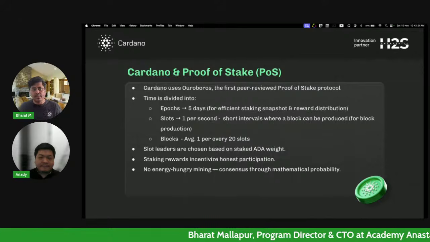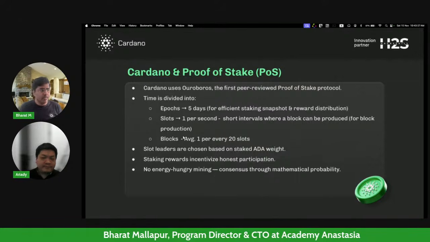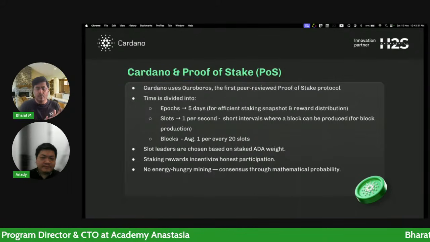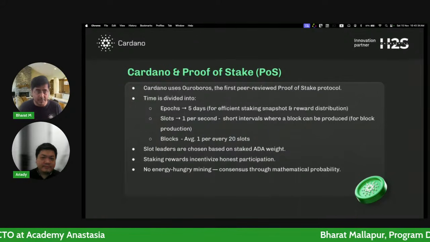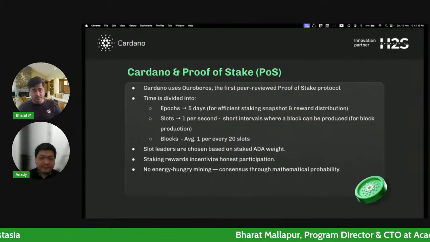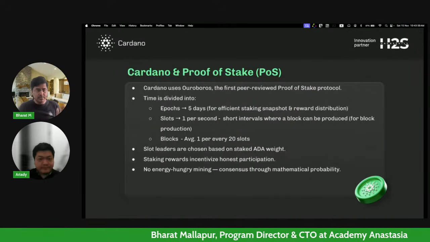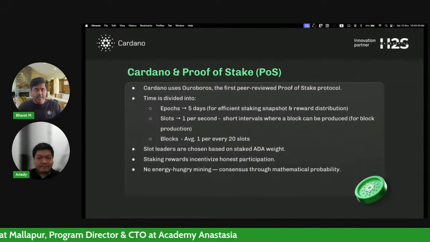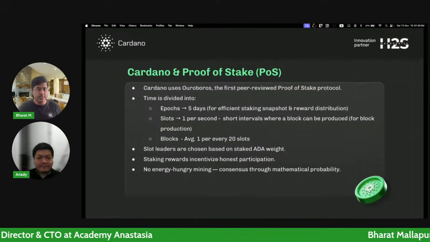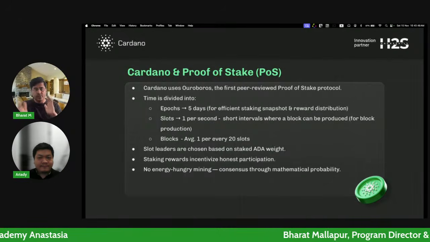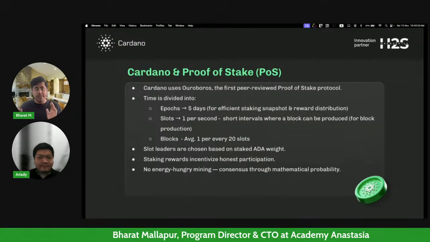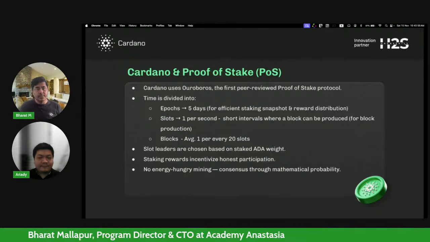So you can say that blocks as of today can be produced only once every 20 slots. So one block is produced every 20 seconds on average. It does not mean that it's exactly at 20-second intervals, but if you look at the entire blockchain produced till now, on average you'll find that one block has been produced every 20 seconds. You can have blocks which are 5 or 6 seconds apart, even sometimes 2 or 3 seconds apart, but typically the average block density as of today is one block per 20 slots.